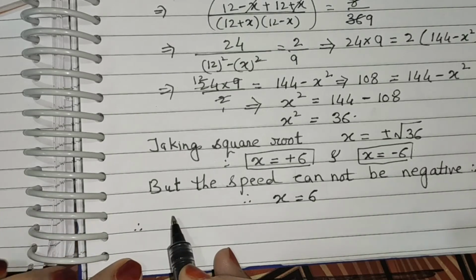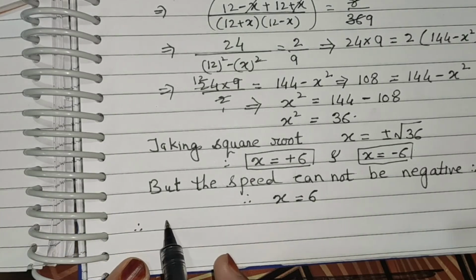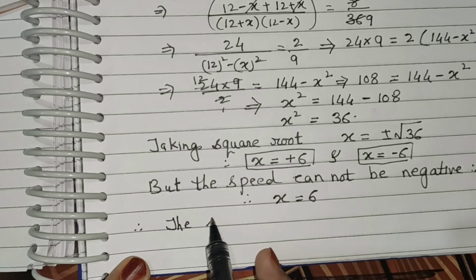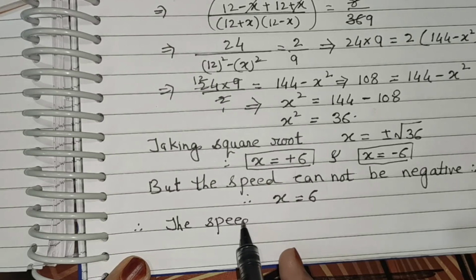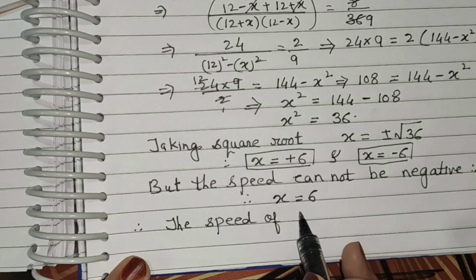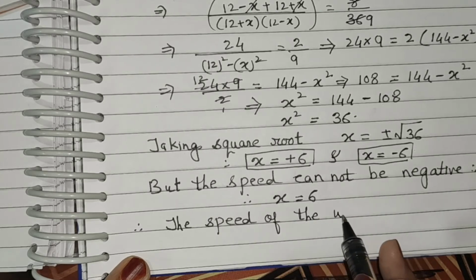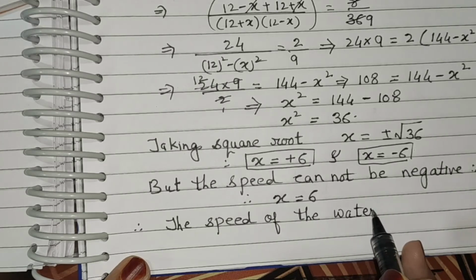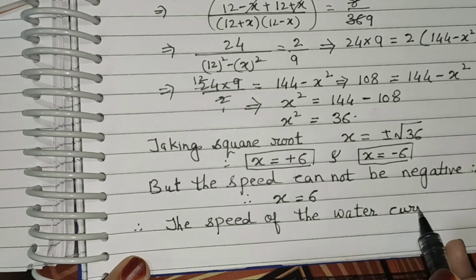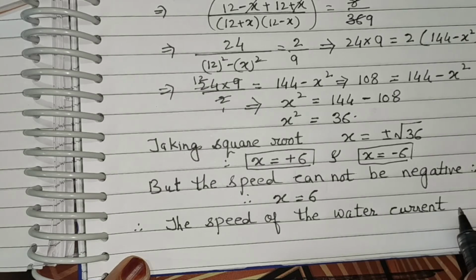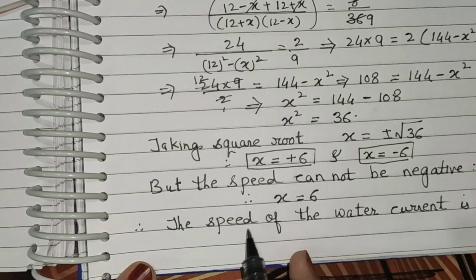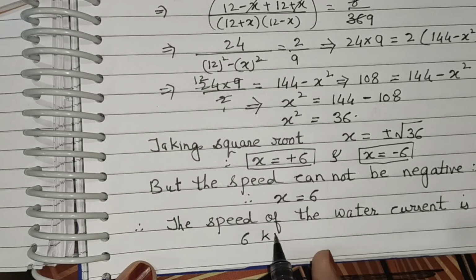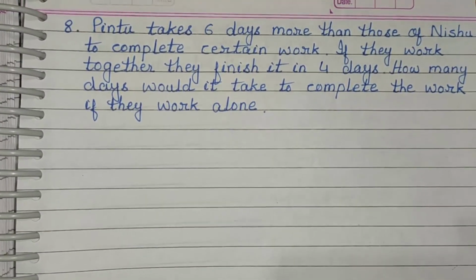Now write down the answer here. The speed of the water current is six kilometer per hour. Now the next question is,